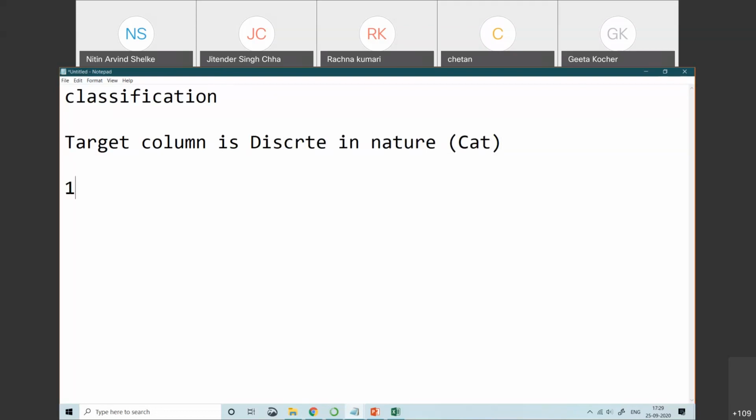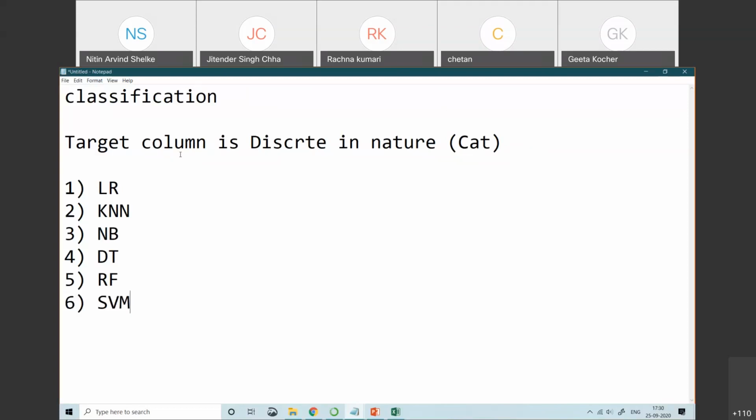Algorithms like logistic regression, KNN, naive Bayes, decision tree, and random forest are some of the classification algorithms, and we are now discussing one of the popular algorithms, called the support vector machine.